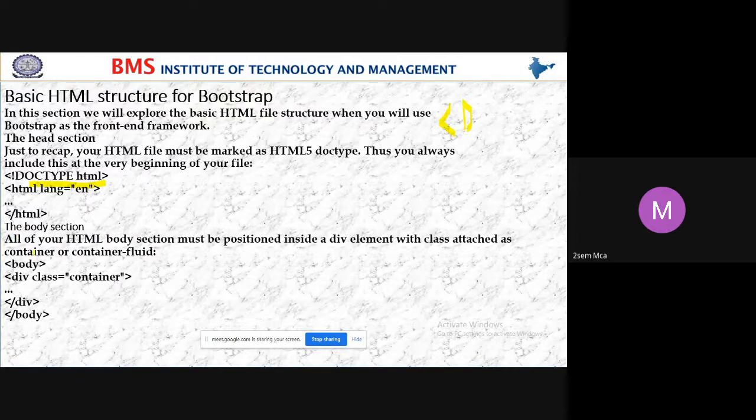And coming to the body of the Bootstrap program, here again we are using the same body tag. And yes, students, when I explained the div tag, I used the word it is like a container. Do you remember? I told it is like a container or like a box.